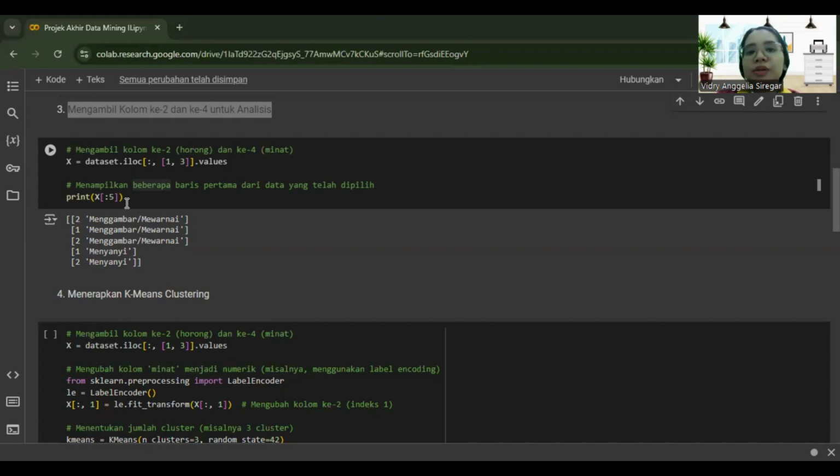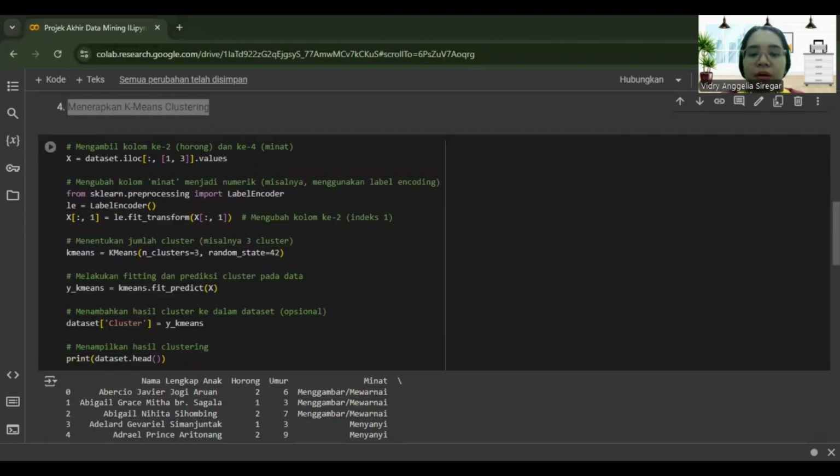This code is used to select 2 columns from the dataset, namely the horong and interest columns, and then display the first 5 rows of the selected data. This is an important first step in the data analysis to ensure that the data to be used is correct before proceeding to the next process such as clustering with K-means.